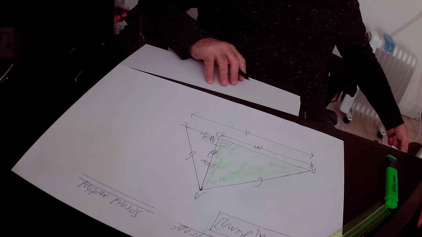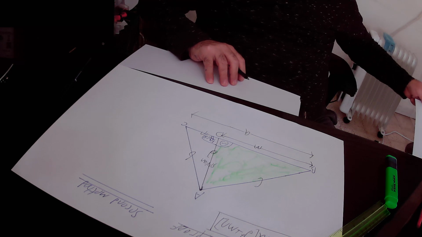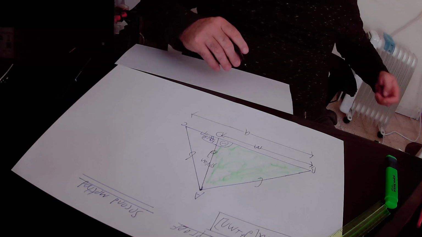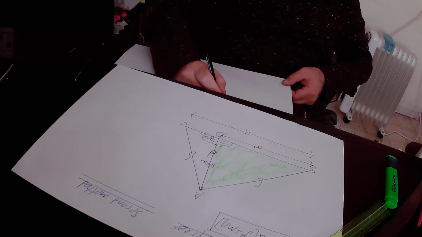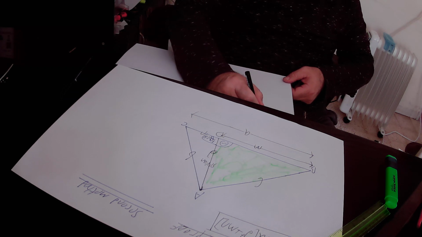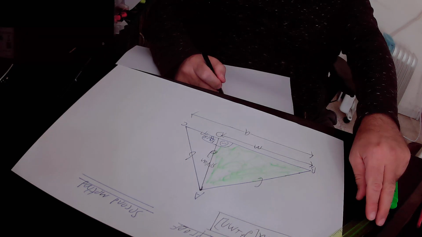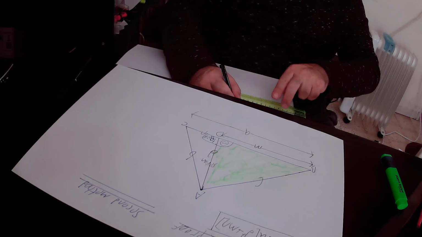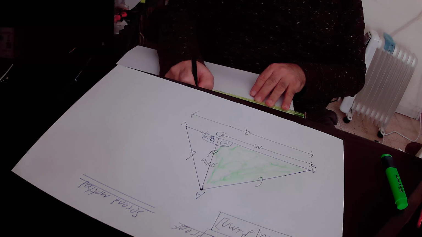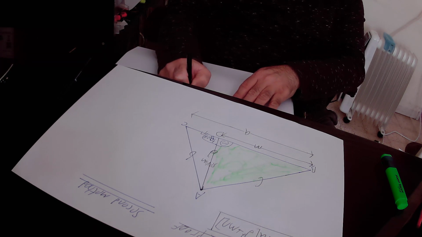According to the law of cosines, in the green triangle, triangle ABD, we will get that